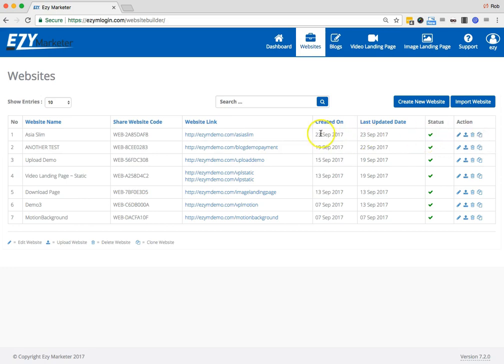If you're a team builder, if you've got a business and you want your team to have copies of your website, and then they can just make a couple of little tweaks themselves, you can give them your share code. So you can just share this code over here. And I'll teach all of that in a future video. On the share code, you would actually import a website, but what we're going to do now is create a new website. So we click on Create New Website,